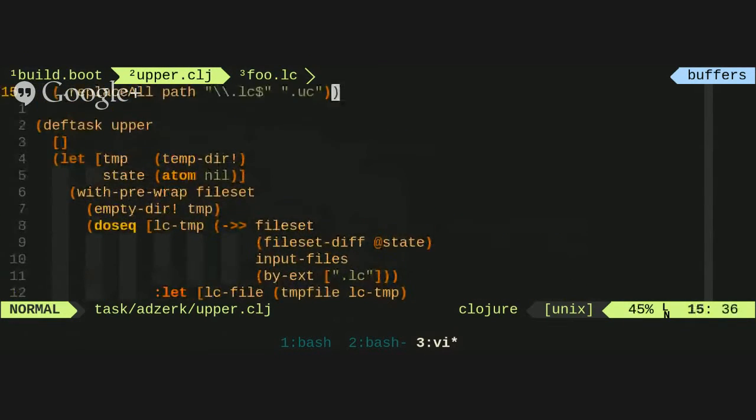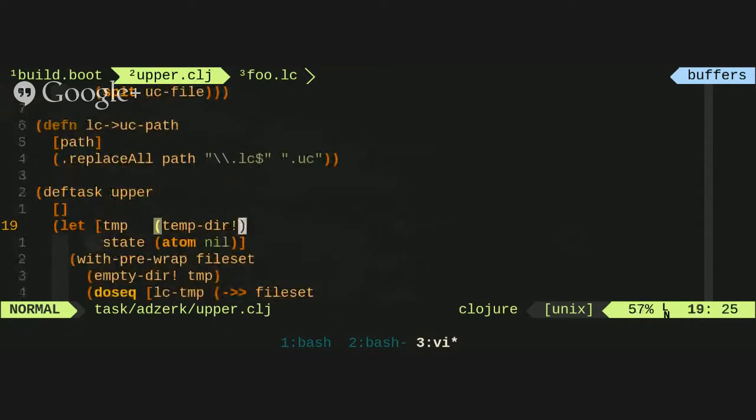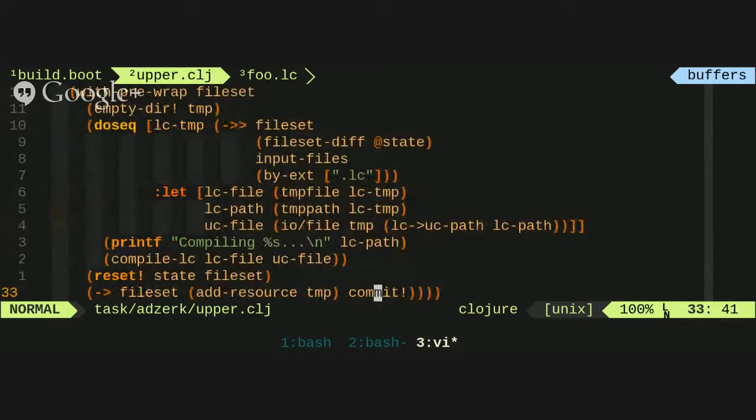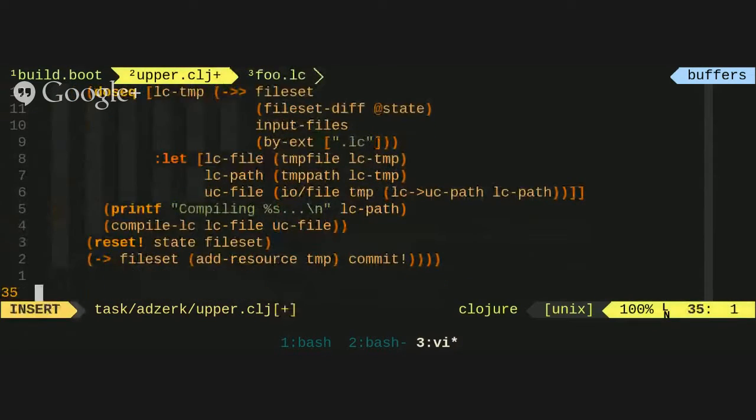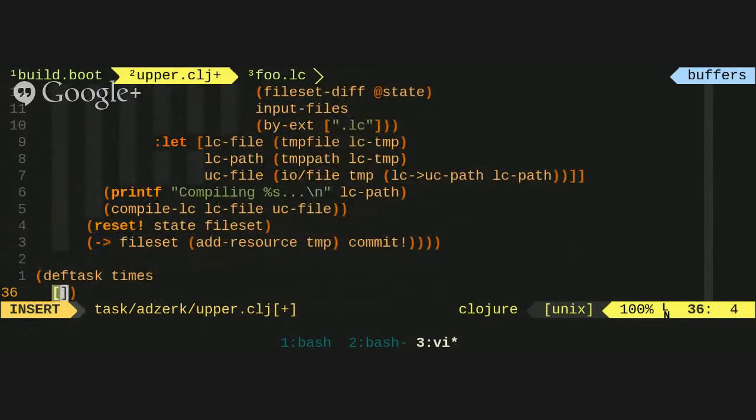This task compiles some files. We could also make a task that doesn't compile things, that's just there for flow control. Actually, rather than that, maybe we could talk about pods real quick. I'm actually over time, so